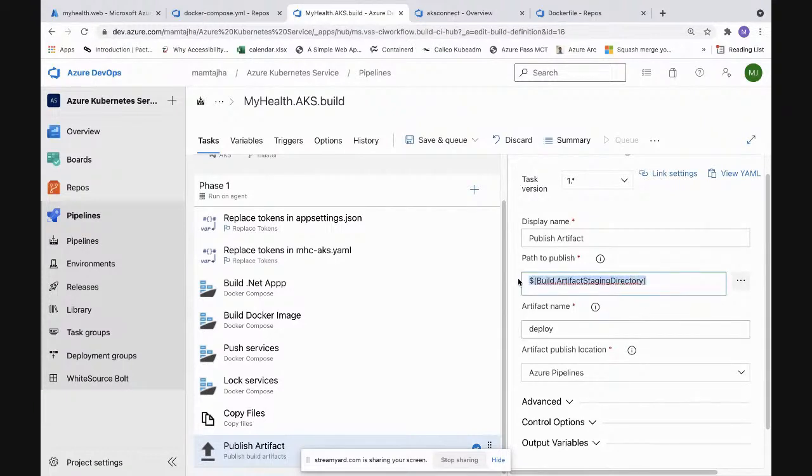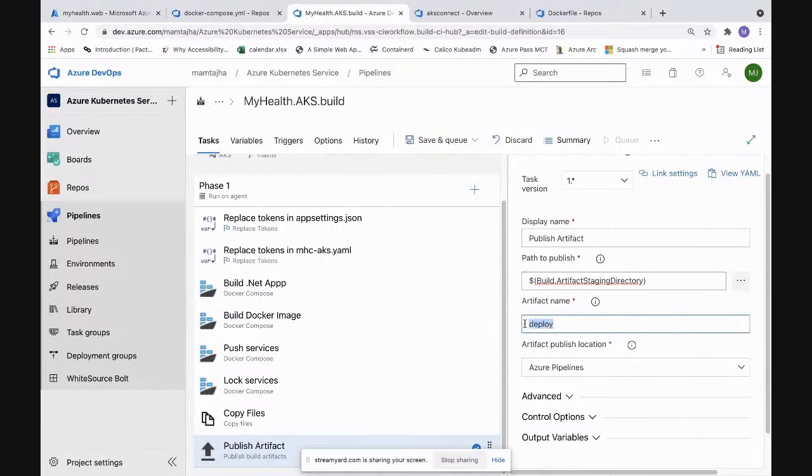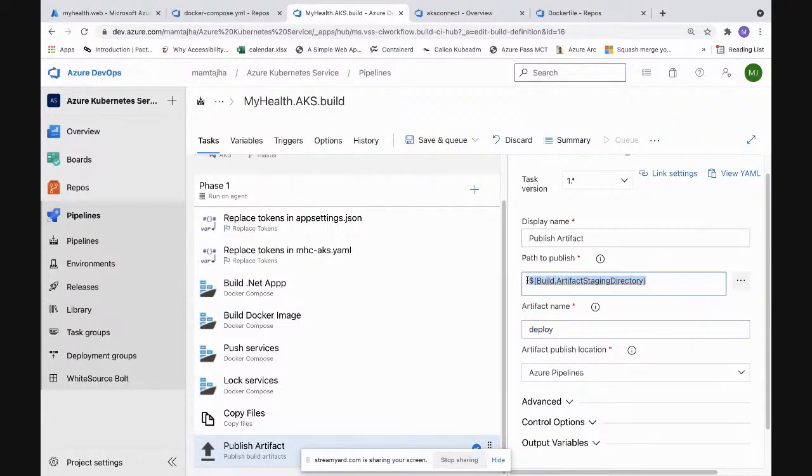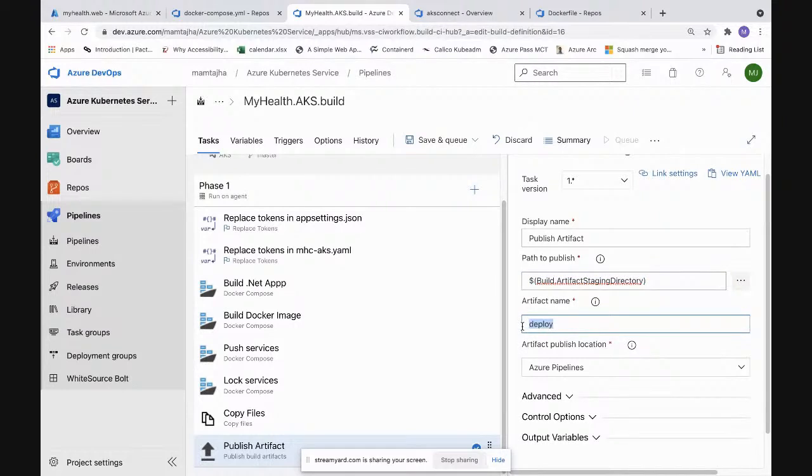So you are saying that the path to publish is this, and inside this folder, whatever will be the value of it, it's a variable type of thing, right? So whatever would be the value for it, I would be going ahead and creating a small folder called deploy, and in that I'll put both the files: your DATPack file and your AKS file, or I will say Kubernetes YAML file.